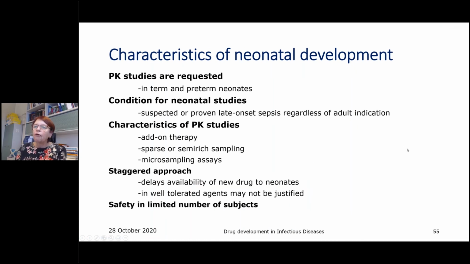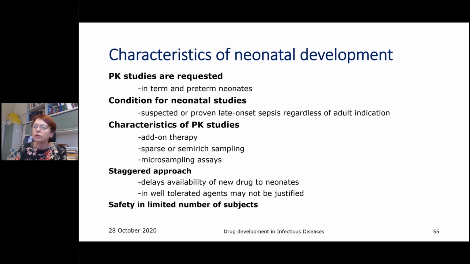So for the neonates, we need to bear in mind that we need to enroll term neonates and also preterm neonates, because again, PK of preterm neonates, very preterm neonates, is quite different from that in term neonates, most importantly because of the immaturity. Then the condition that you would study in neonates would be late onset sepsis, or neonatal sepsis is probably the right definition. You would do the PK studies, and